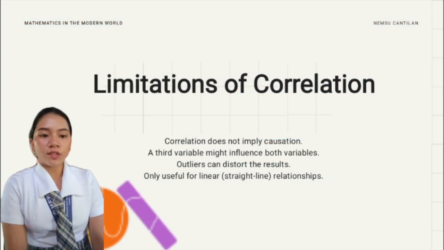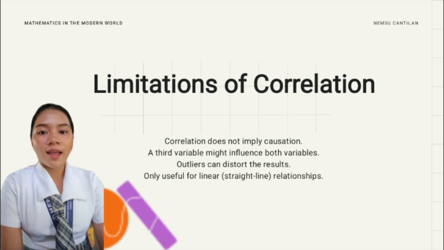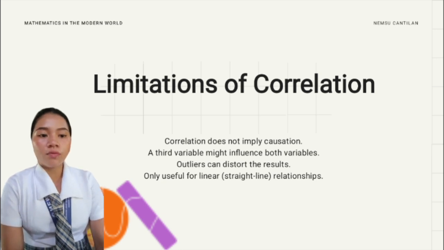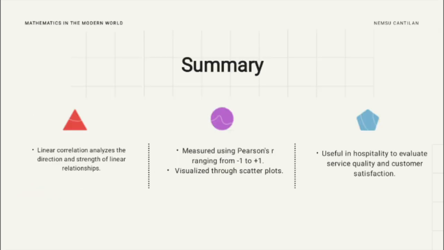Limitation of correlation: correlation does not imply causation, and it only measures linear relationships. Summary: linear correlation analyzes the direction and strength of linear relationships, measured using Pearson's r ranging from